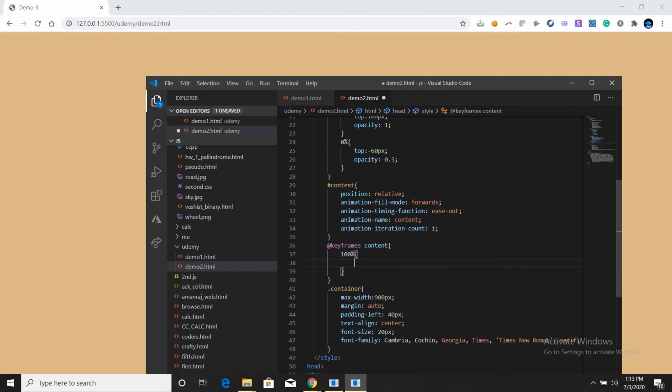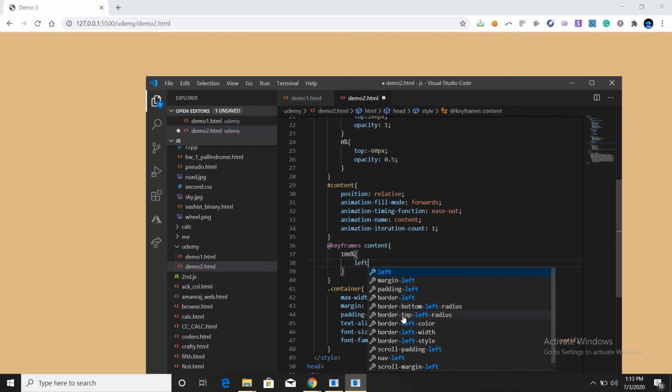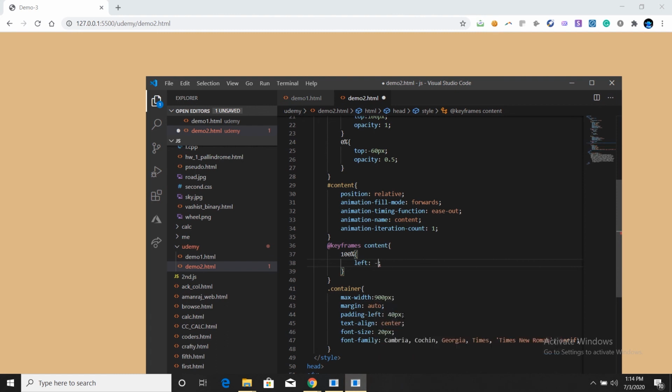Instead of using top, I'll be using left. That will float from the left hand side. Make it minus 30 pixels, or else I should give some larger value so that the complete content will be going outside.